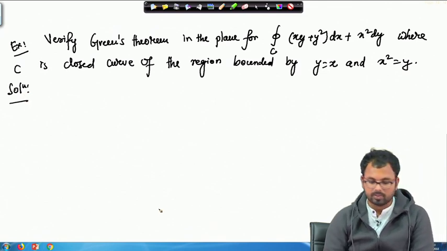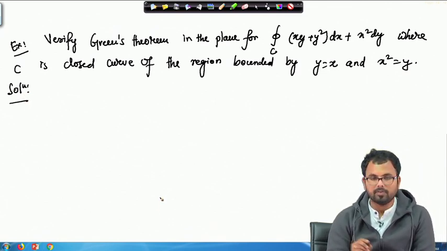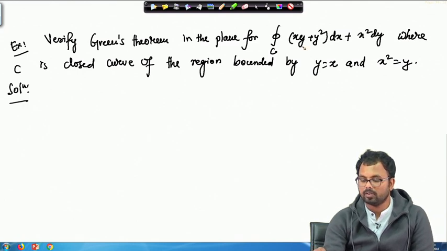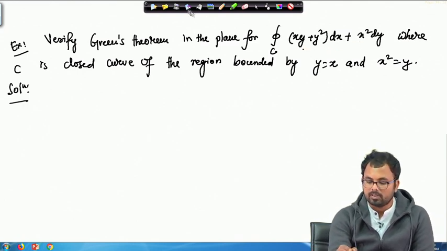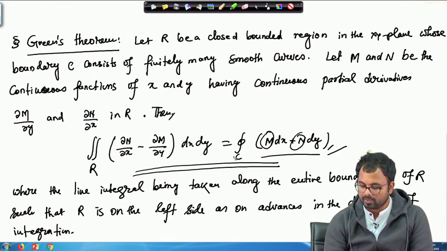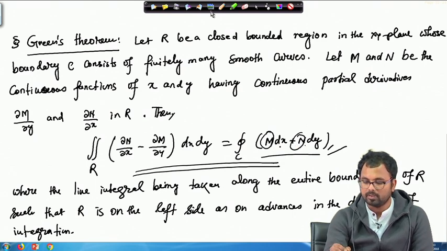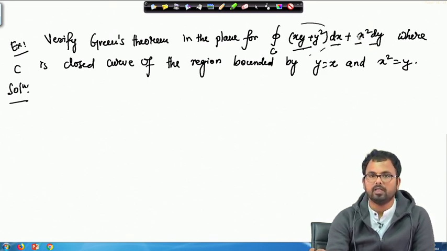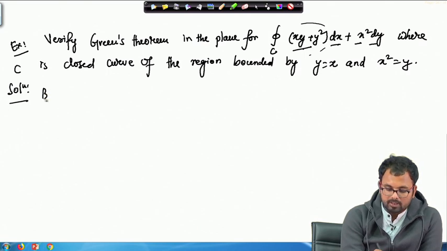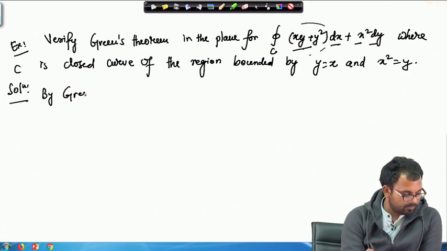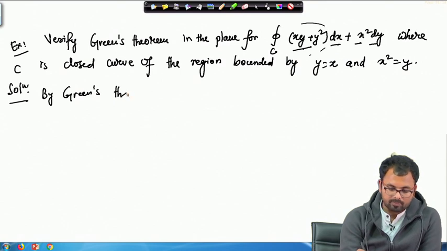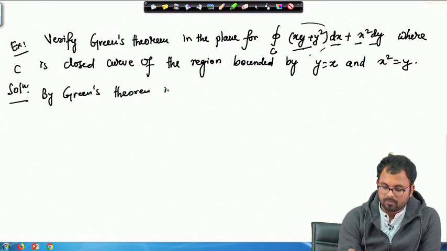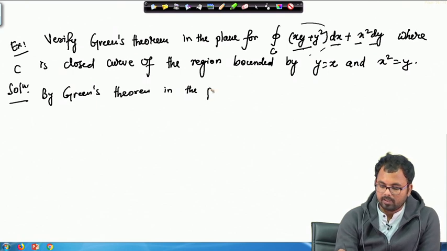All right. In order to verify Green's theorem, first we have to identify what our M is and what our N is. Let us look at the statement. It says you have a circulation, or line integral, of M dx plus N dy. Here you have dx and then this expression, and dy and then this expression. So this must be our M and this must be our N. So, by Green's theorem in the plane,